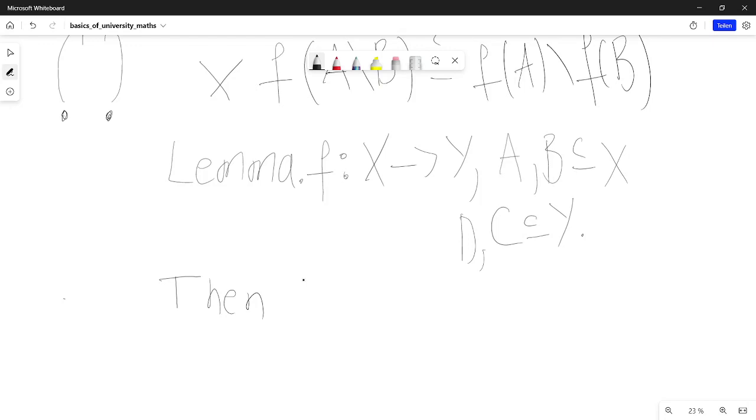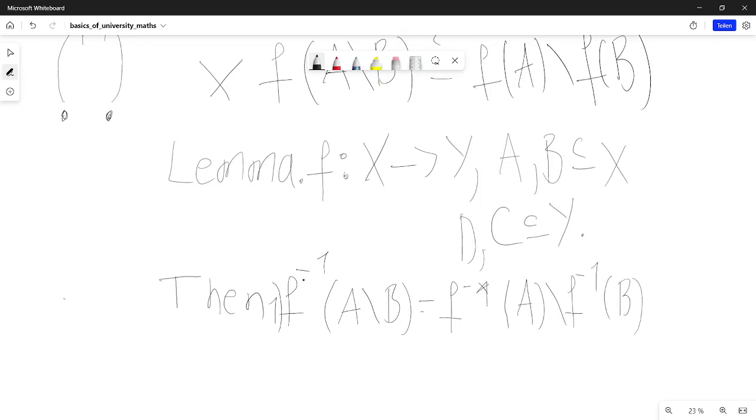Then, now, what do we have? 1, f minus 1 of A without B is equal to f minus 1 of A without f minus 1 of B. In particular,